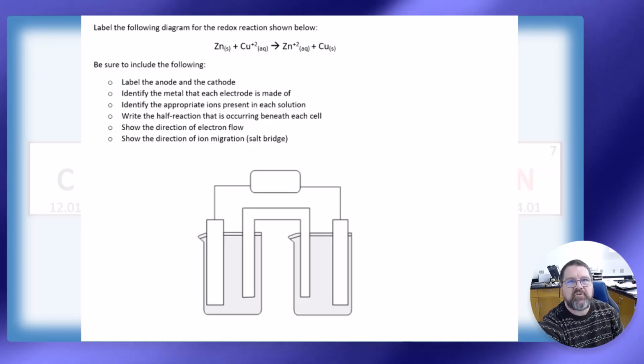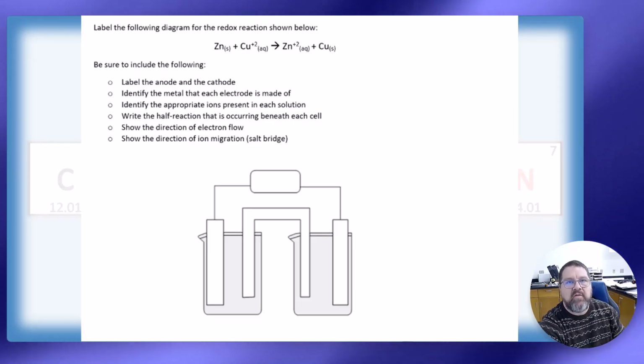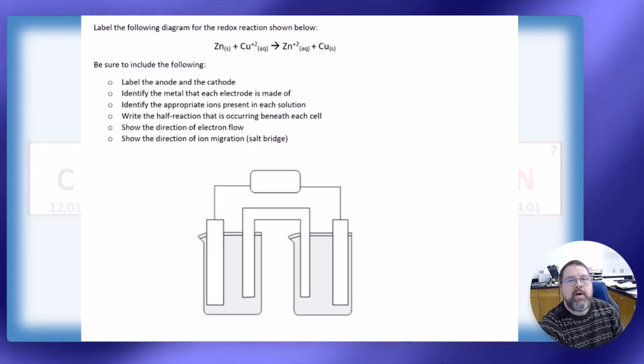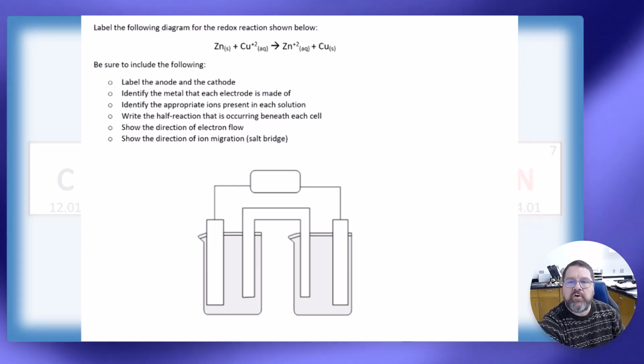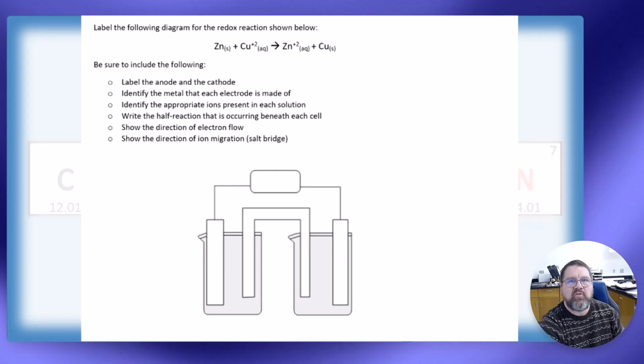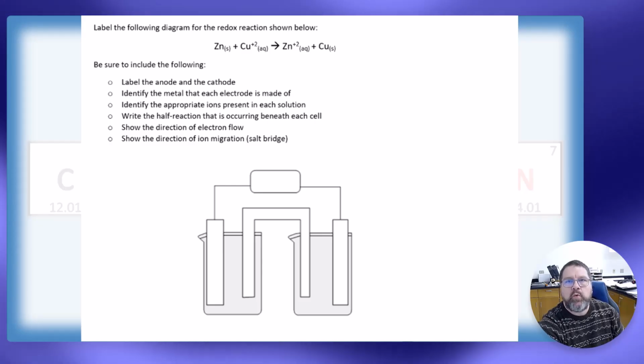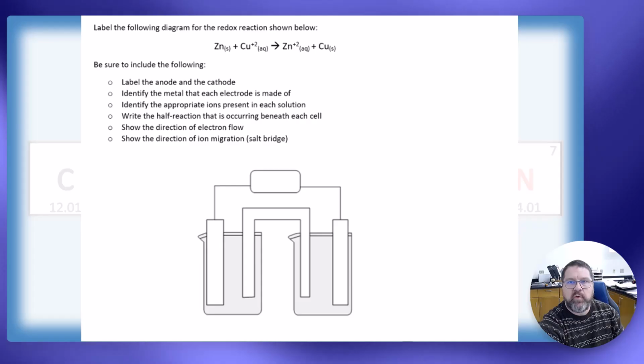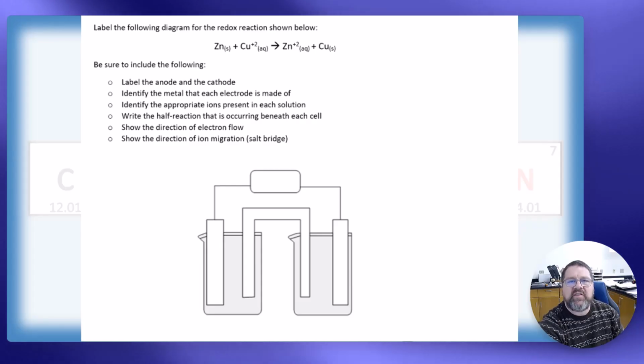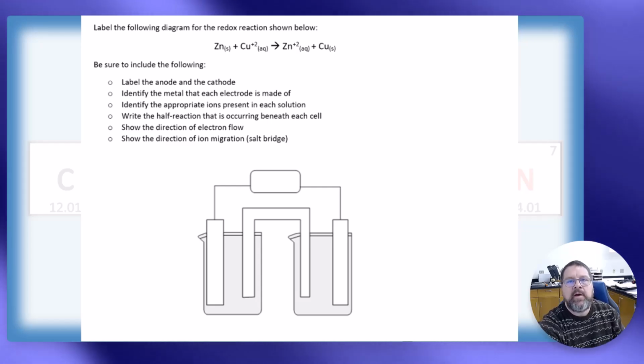When we have a sketch or a diagram of a galvanic or a voltaic cell, it's important that we know the main features and that we could give at least a rough, rudimentary sketch of what this would look like. So in this example, we have the net ionic equation for this redox reaction between zinc and copper. And so what we want to be able to do, we can see itemized in the bulleted list here, is